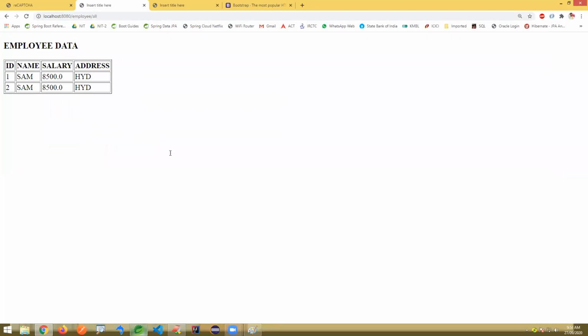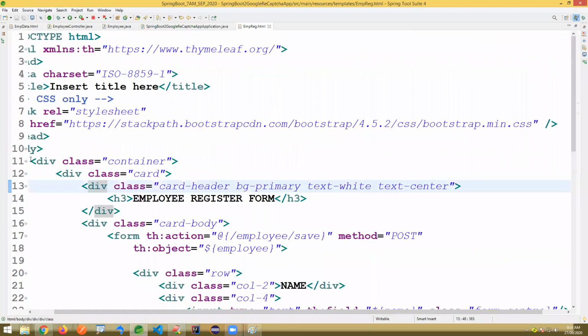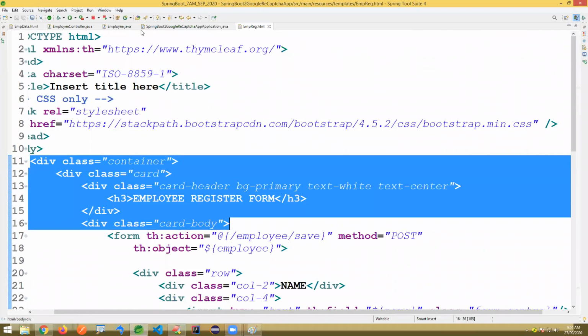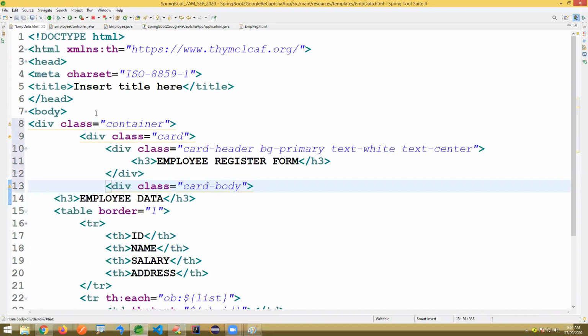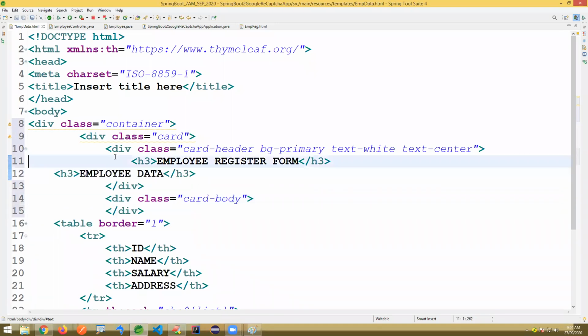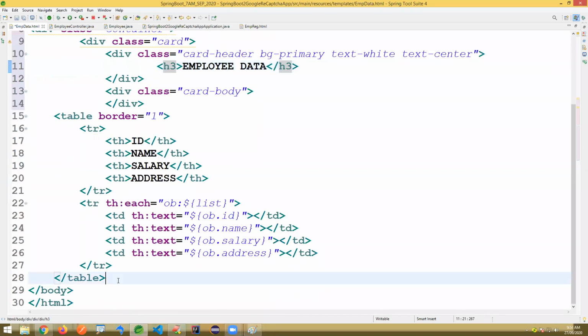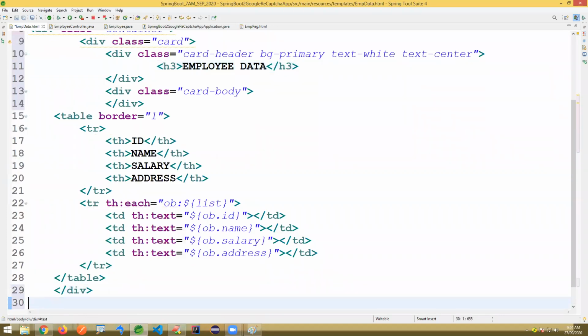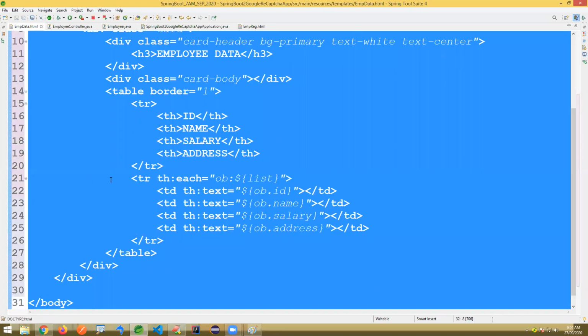So here also we'll add small designing here. In the data page also, just adding this div section. It's a body. After the table, div tags are done.